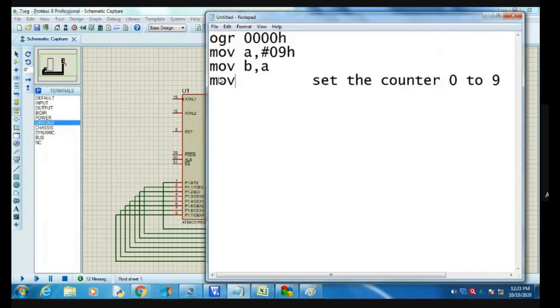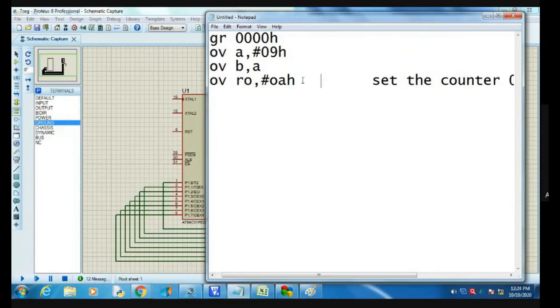So I am going to initialize the counter R0, #0AH. Why is it 0AH? Because 0 to 9 is nothing but 10 counts. So 0AH is nothing but my counter 10.